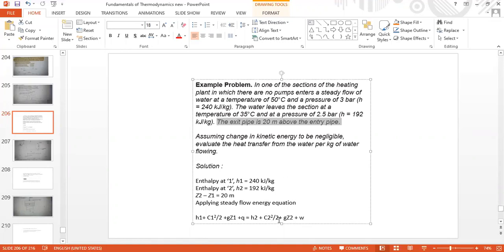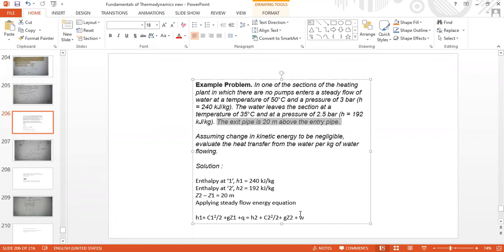Also, this is not a generalized condition. This is a particular thing applicable here, not for all the problems. In some problems, like the earlier problem, we considered C1 and C2 also. This is a generalized problem where fluid flow through a pipe is taking place. For such a problem also, this equation is applicable.